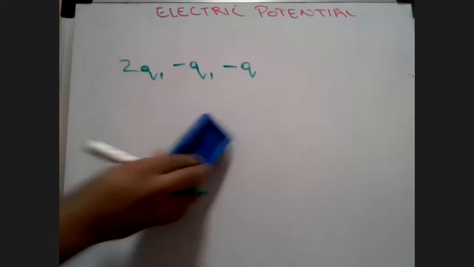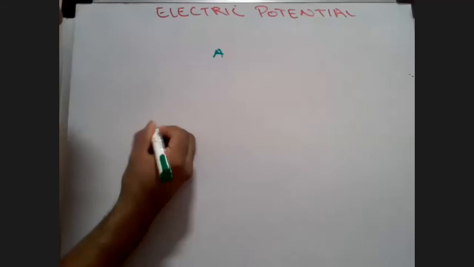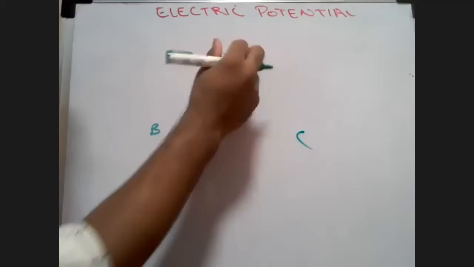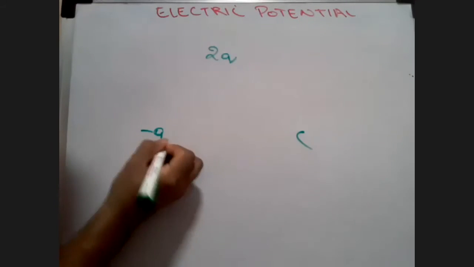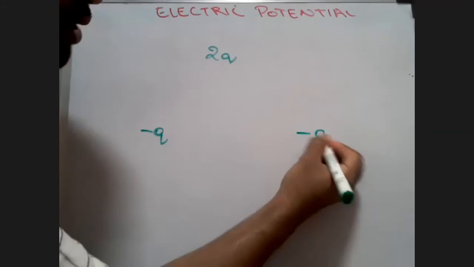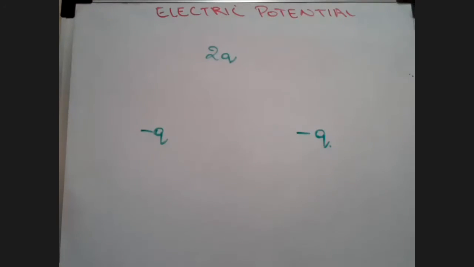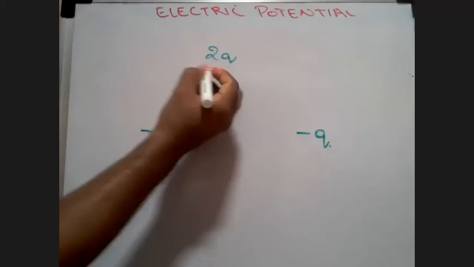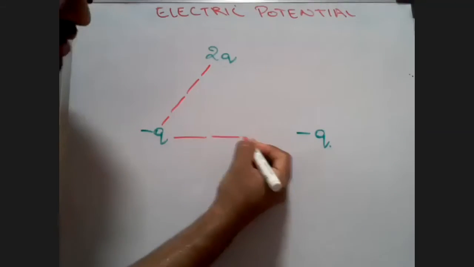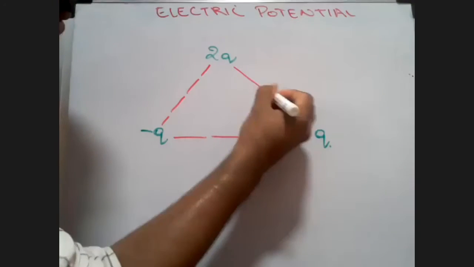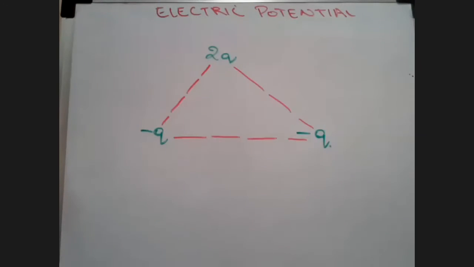So he said that there are three charges. They are placed on an equilateral triangle. So this is A, this is B and this is C. Instead of A, I'll put here 2q. I'll put minus q over here and another minus q over here. I know that this is going to form an equilateral triangle. What is he asking? Can anyone tell me what was the question asked? Net dipole. Yes, the dipole moment of this combination is what?